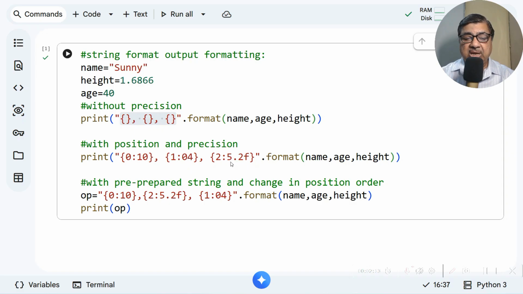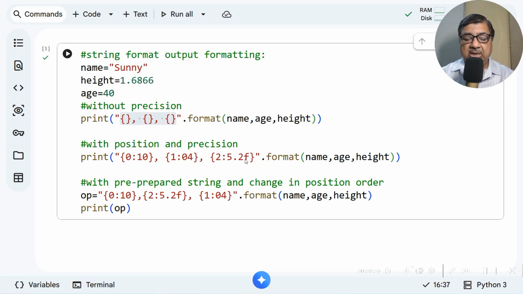And this, as we explained earlier, is 5 total digits and 2 decimal digits of a float value. So this clearly formats with the position. The first character before the colon is the position, and after the colon is the precision we are considering for text, integer and float.